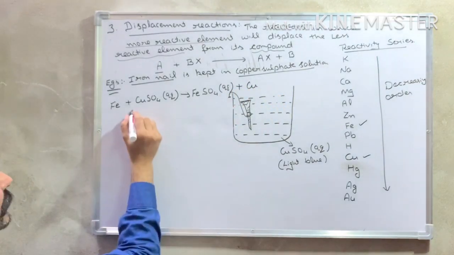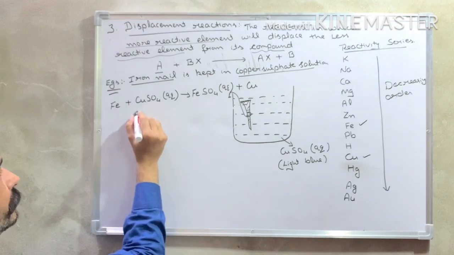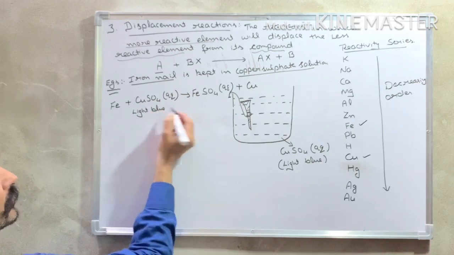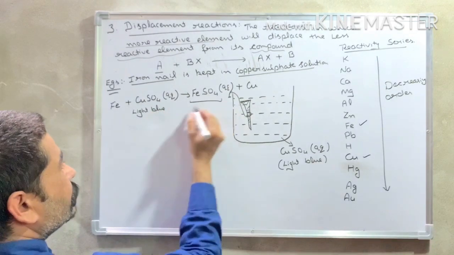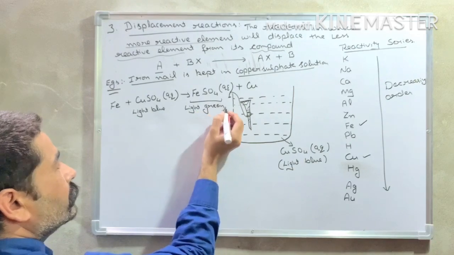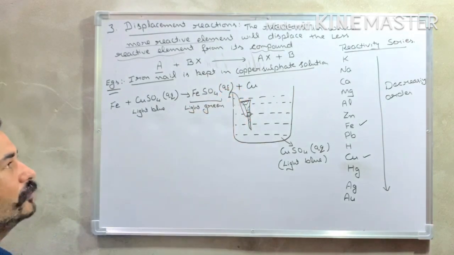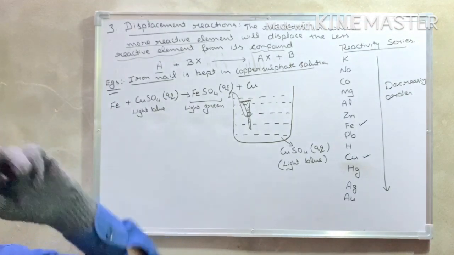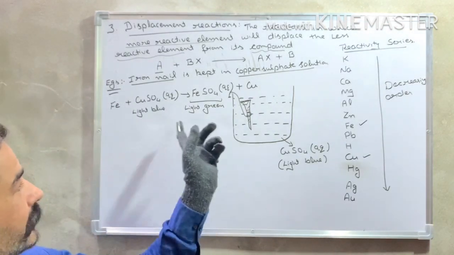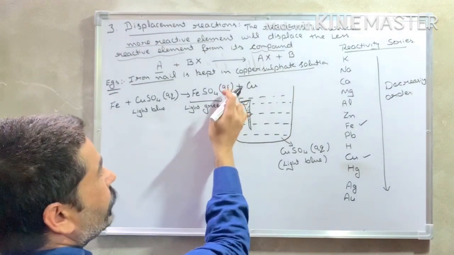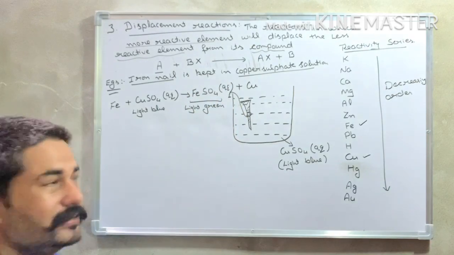Okay, so what is the color of copper sulfate? It is light blue, and ferrous sulfate aqueous solution is light green in color. This color you have observed previously also in the decomposition reaction, when the crystal of ferrous sulfate was there, that light green was turned into reddish brown. Same color, light green, because it is aqueous, water is present in the ferrous sulfate.